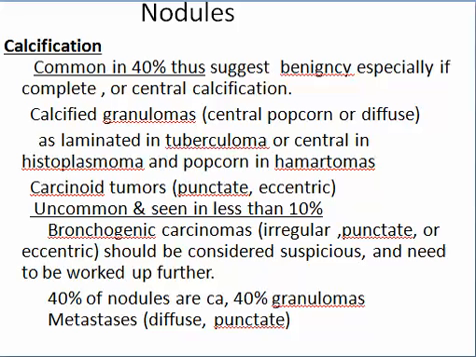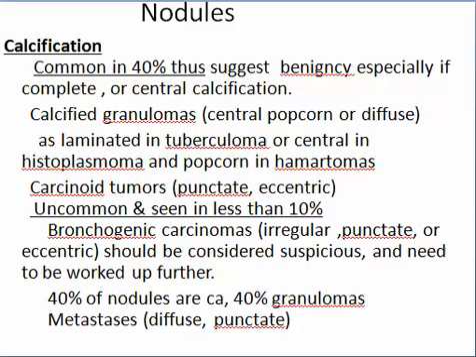Now, bronchogenic carcinoma may show irregular calcification, punctate calcification, eccentric calcification. As you see, the descriptions are all going with irregularity. Irregular, punctate, eccentric should be considered suspicious if you find any of these types, and this needs to be worked up further. 40% of nodules are carcinoma and 40% are granuloma, so we are in a situation which needs follow-up